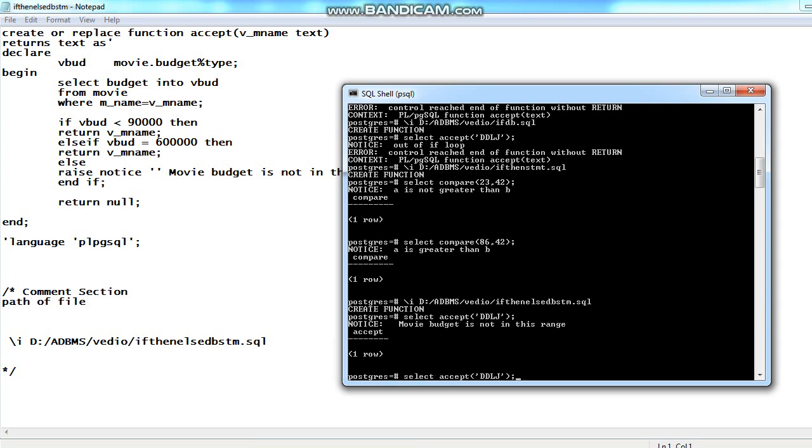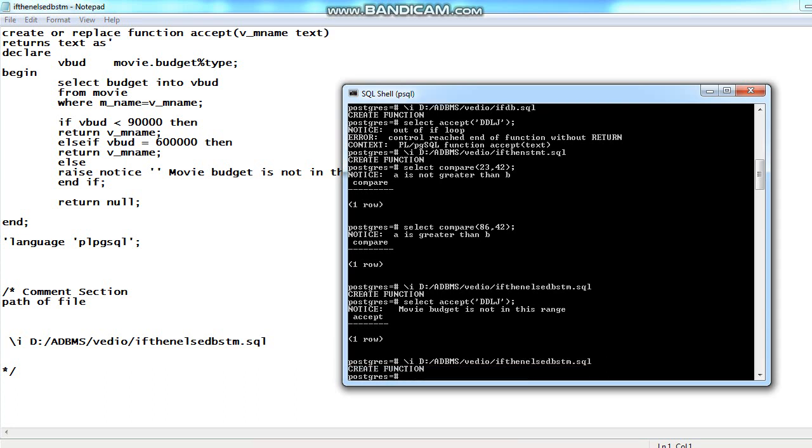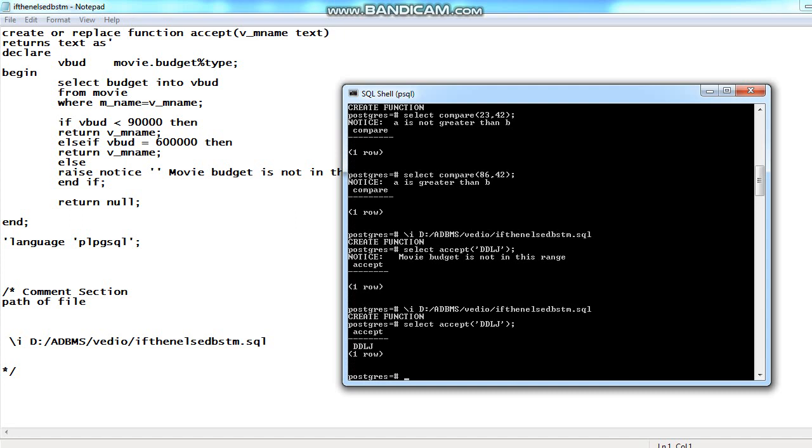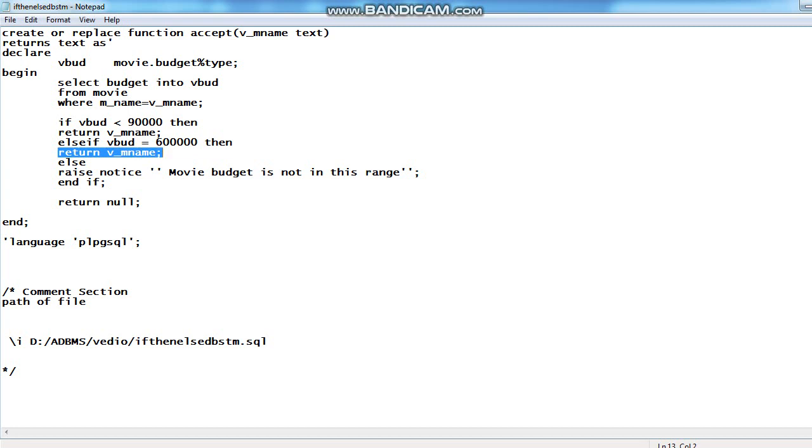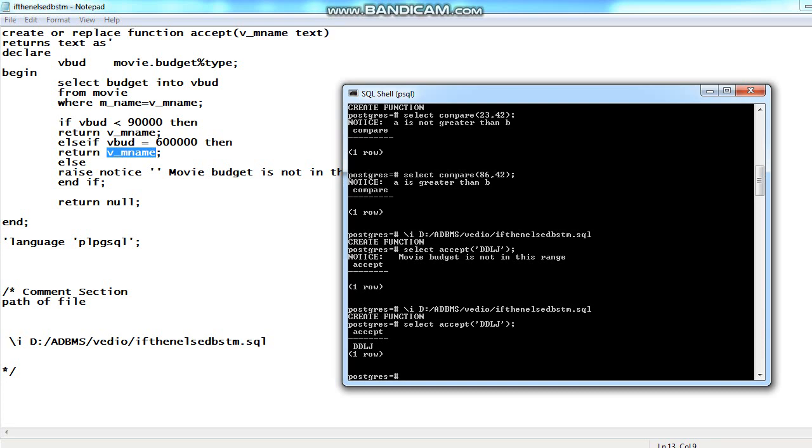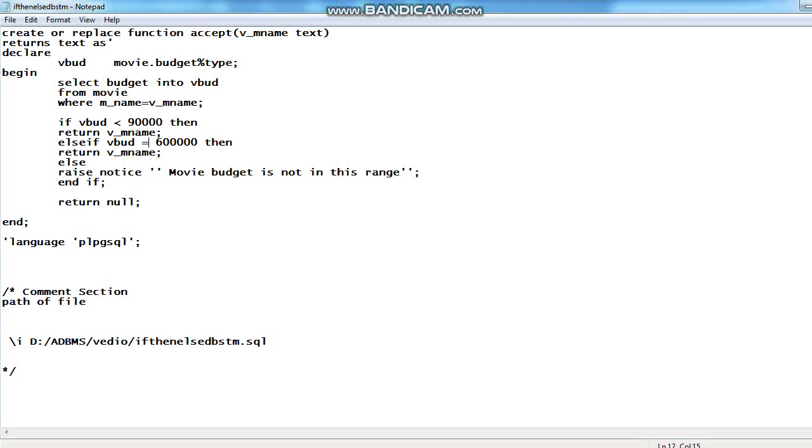I am going to execute the function again. Let's call it. So here you can see, for ddlj, I have changed the sign. vbud, that is 6 lakhs, is equal to 6 lakhs. That's why the value of v_m_name is displayed, returned from the return statement. So this is the concept of if then else if. Let's change the value over here, greater than